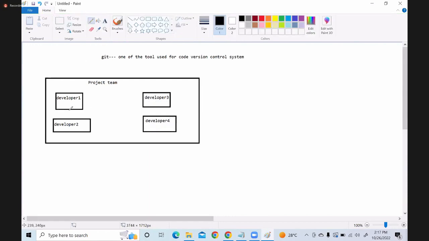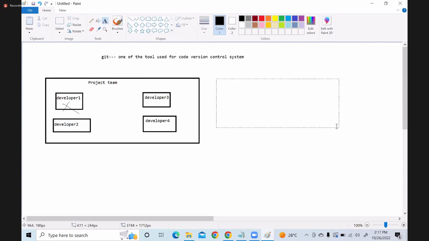I mean, they write the code. And they cannot save their code only on their machines. What happens if this machine crashes? Whatever developer 1 has developed, he will lose. And what happens if developer 2's machine crashes?